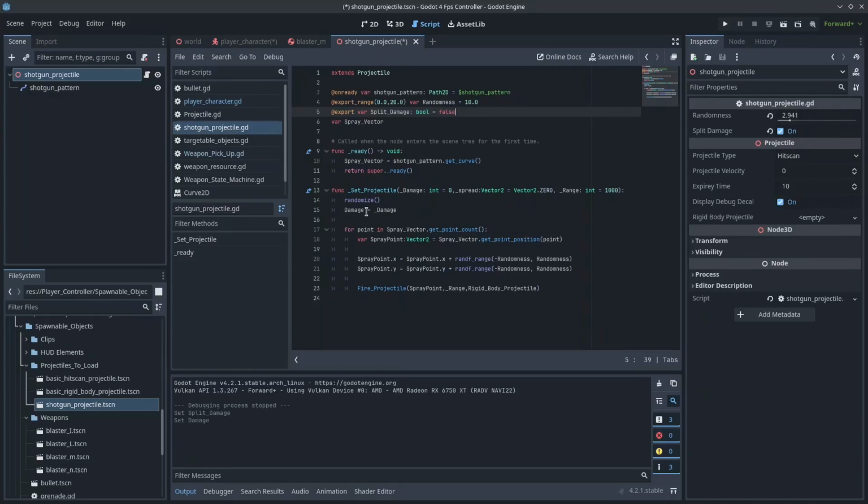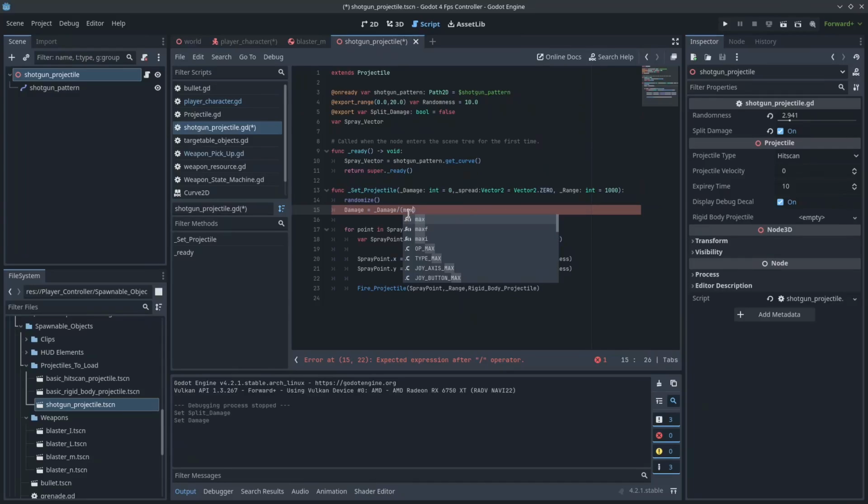So damage will actually be needing to change here. It won't just be equal to damage. What I'm gonna do is something a little bit tricky and write here in brackets, max spray vector dot get point count, which is the same as down here, and I'm gonna be lazy and just copy and paste it. Dot get point count